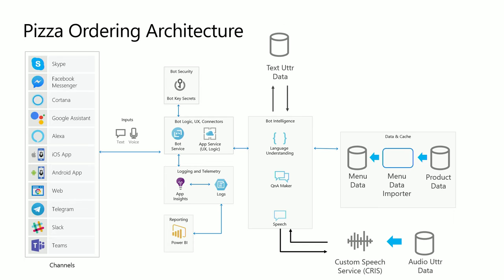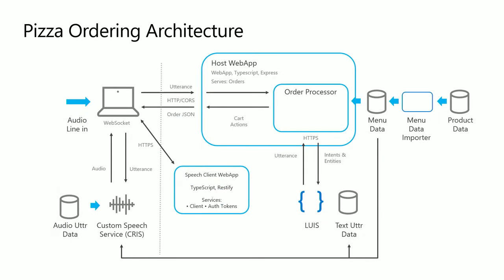And you have your menu data that you run through in order to provide for the language understanding to import some of this important information into there. You can also use this in a non-bot scenario, so it's not necessarily associated with a bot. You can do this in a point-of-sale situation where you can add to a cart or remove from a cart, and that would remove the requirement to have channels, and you work in the order processing there.